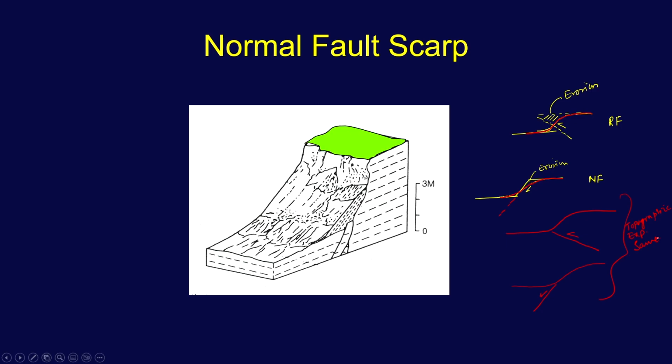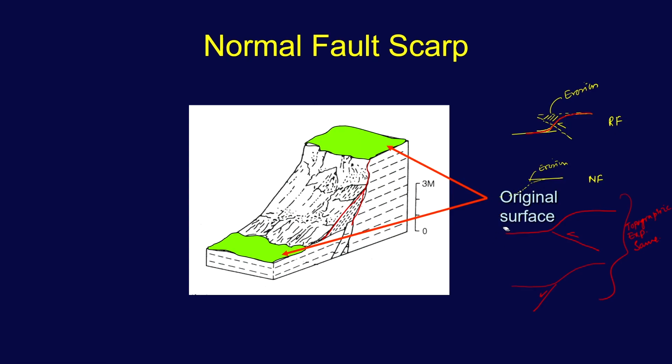Okay. Let us move further. So, you have the down faulting which has been shown here. These two were the surface which were together, and there is a movement along the fault here. Okay. So, this is the original surface we are having, which were together before, and then we have